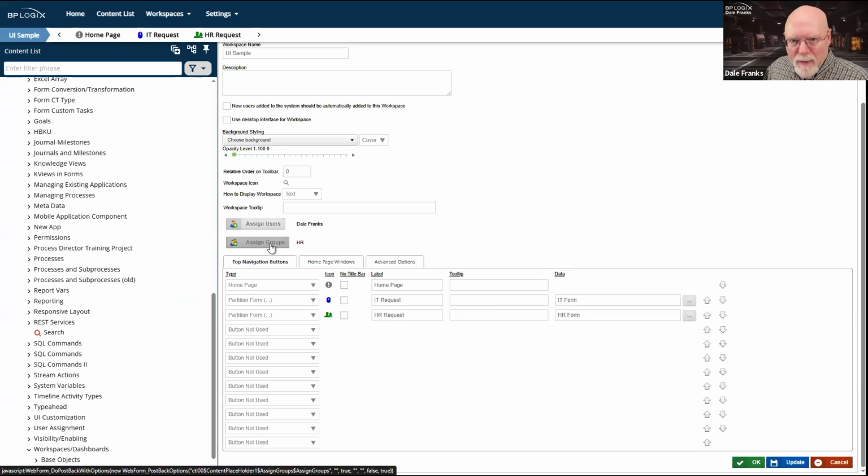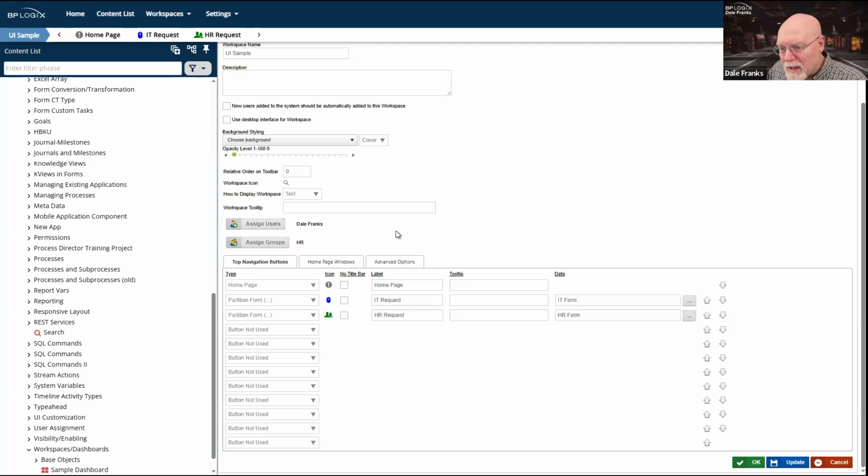One thing about workspaces and user assignment is if you're going to do this stuff at the application level, you have to be sure that access to the workspace, which provides the UI, matches the permission setting that you've set in the content list. So this enables us to ensure that we are comparing apples to apples in terms of the UI and the applications that are available to the end users.